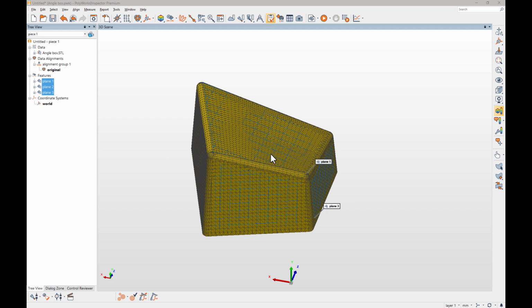Okay, so this is a mesh model in SolidWorks of the type that you might capture if you were scanning into SolidWorks. And all I've done to this mesh model, other than loading it into Inspector, is I've fitted 3 features to some of the flat faces on the model. So you can see I've got 3 planar features, plane 1, 2 and 3, that have been fitted to the